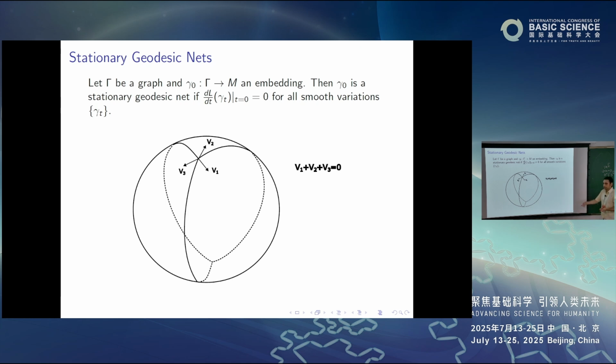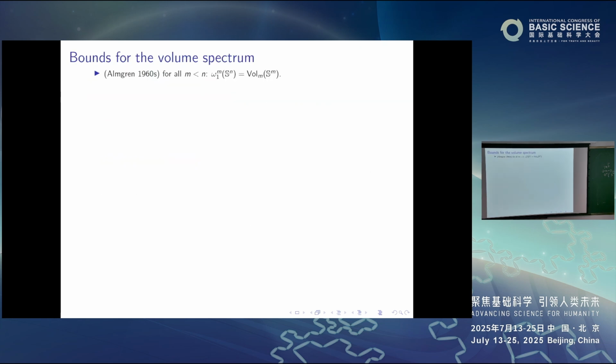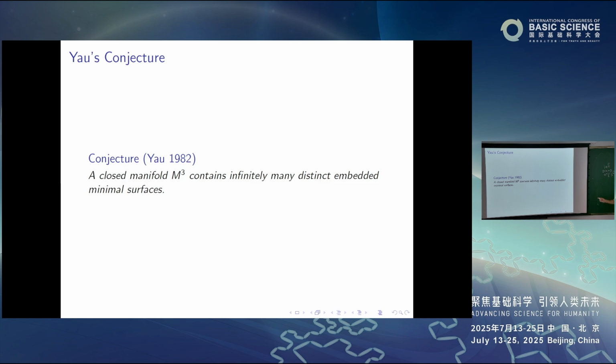That's a sort of natural object that you obtain from variational problems on the space of one cycles. Okay, so it turns out that in order to solve Yau's conjecture, one needs to